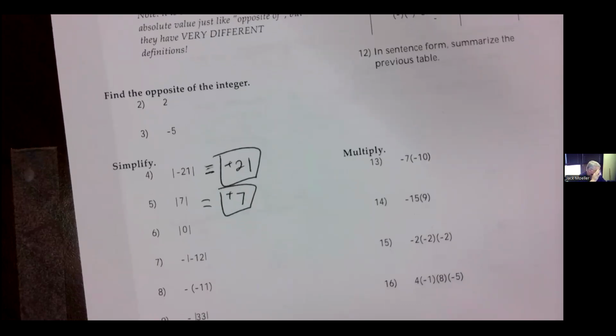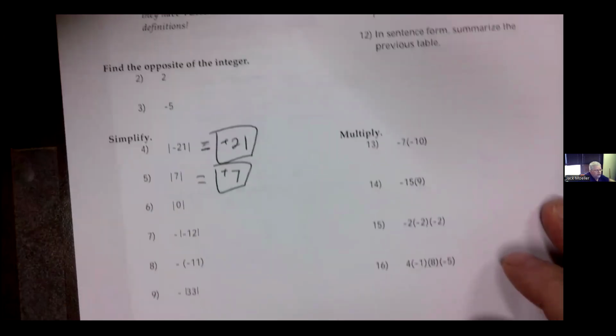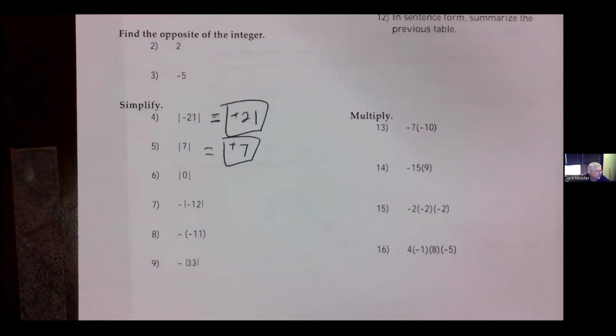Okay, now where it gets a little messier is looking at 7 and 8. On 7, how do you read that? Well, that is the opposite of the absolute value of negative 12. We haven't officially talked about order of operations, but if you look at that and think, well, two negatives make a positive, you're basically just multiplying those. You're treating that like number 7, which has parentheses instead of absolute value. But anytime you have absolute value, it is an operation that has to get done first. So that's the higher priority. So what you're actually doing